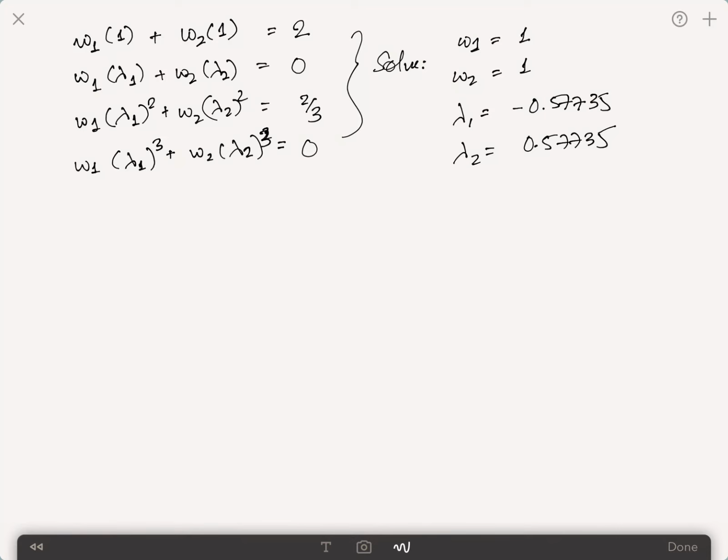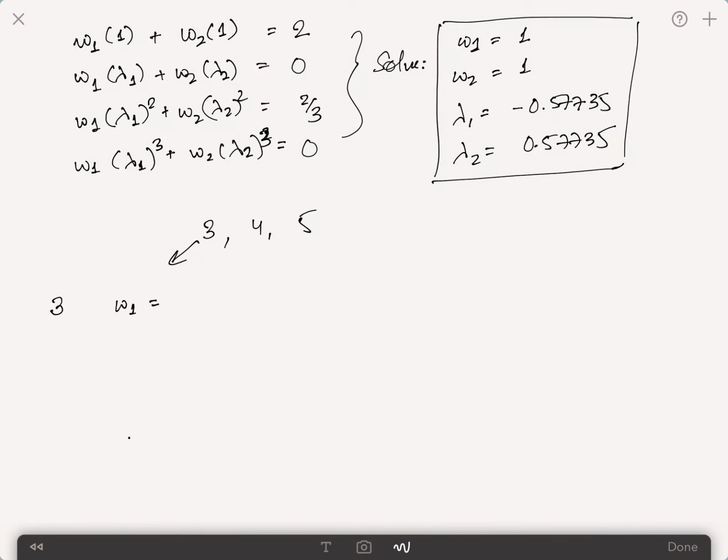This is the particular weighting factor and sampling point values for 2-point Gauss-Legendre formulae. If you keep increasing the number of sampling points to 3, 4, 5, then all the sampling points will change. So for example, for the 3-point method, you have 3 points. W1 would be equal to 0.5555 recurring, W2 would be equal to 0.8888 recurring, W3 would be equal to 0.5555 recurring, and correspondingly you will have 3 sampling points, lambda 1, lambda 2 and lambda 3, which you will end up with as